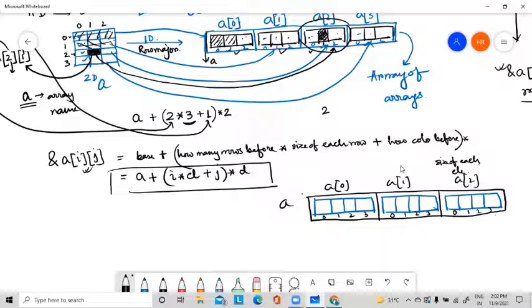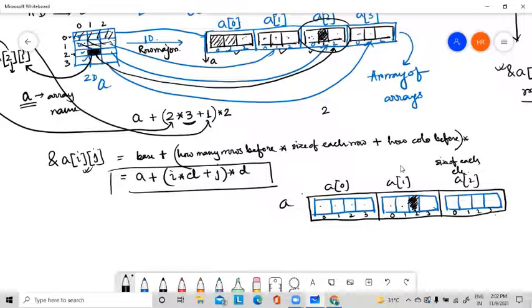This element in column major representation will be in this position. This one is the actual position. See, in the first case, before this element there are 1 2 3 4 5 6 7 elements. In this representation, before this element there are 1 2 3 4 5 6 elements. So the address will be different in case of row major and in case of column major.